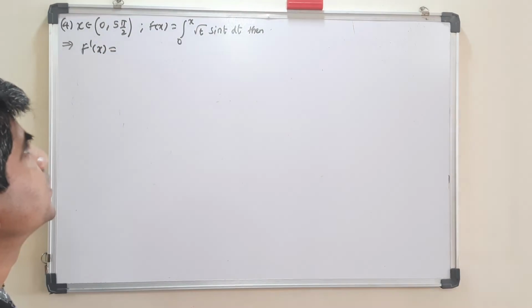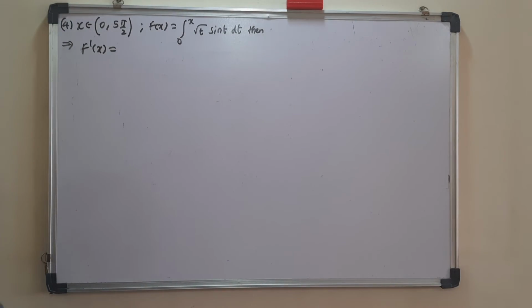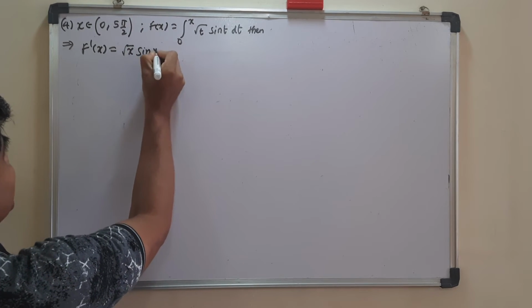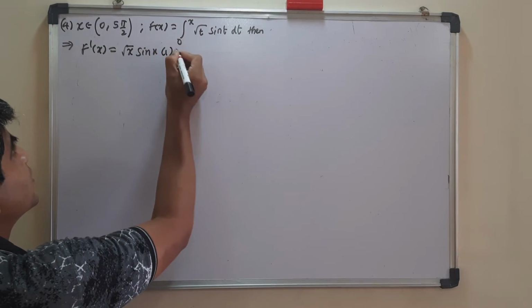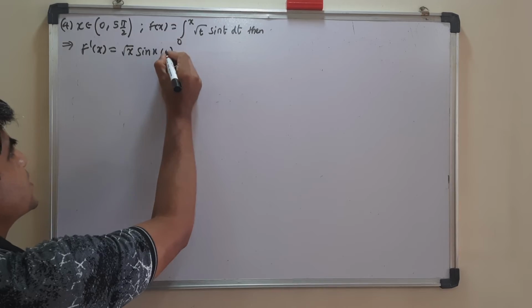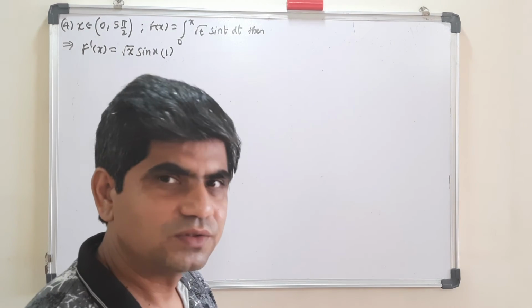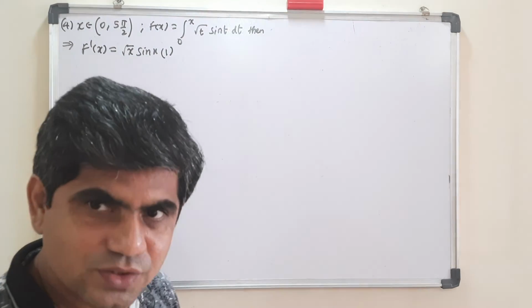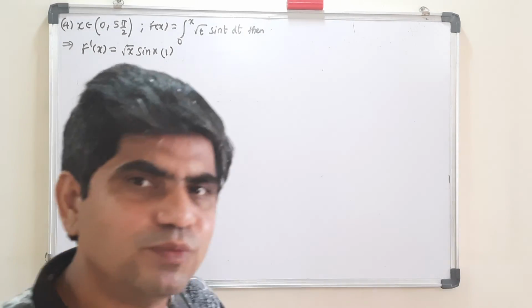will be this function of upper limit, that is function of upper limit is x, that is root x and sin x, into derivative of upper limit is your 1, right, and plus function of lower limit, so nothing to do, it is 0 already, so there is no need to check out, this will be your f dash x. Now f dash x is there, so obviously it is not asking you anything, that is options are there about minimum maximum, so we will find minimum and maximum over here.